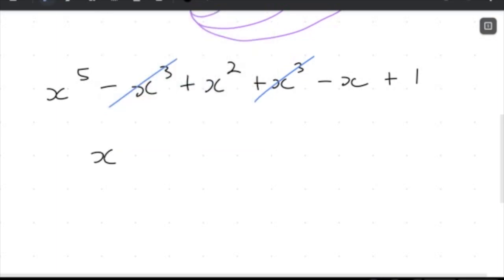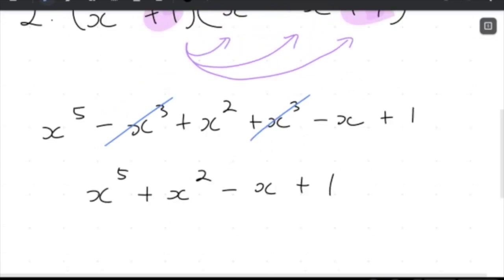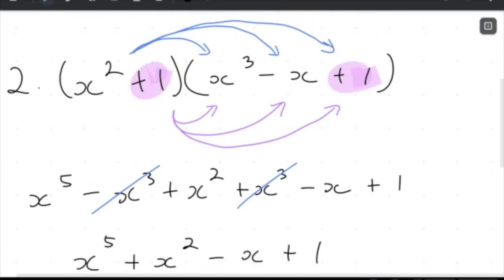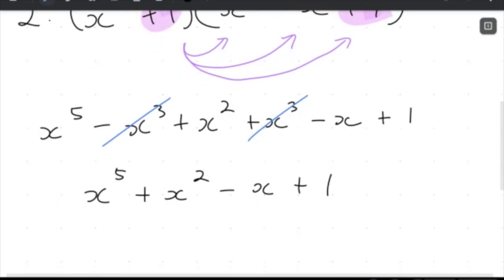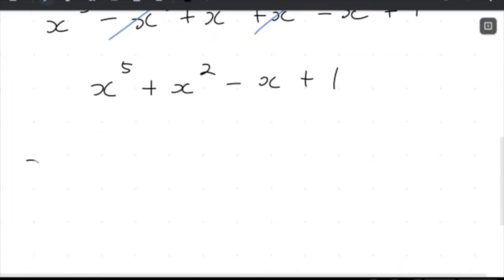So I'm left with x to the power of 5. I don't have to worry about the negative x cubed here, so I write just my x squared. I've got minus x plus 1. So now it's a two-step thing. I've expanded first, and then I have simplified the remaining algebraic terms. Now, in the next one, we're going to look at some of this